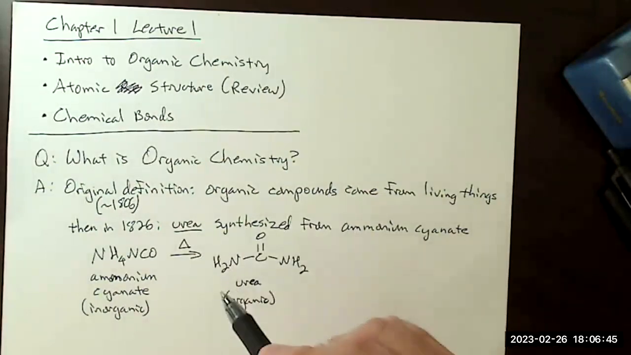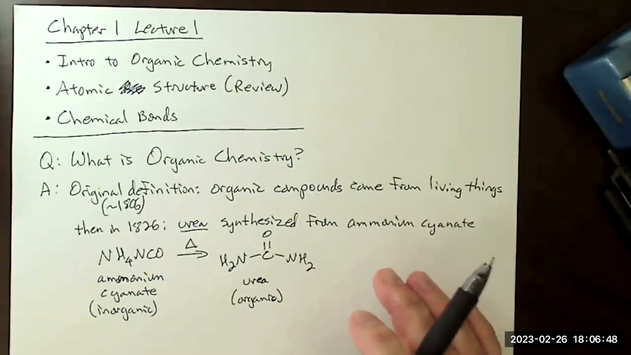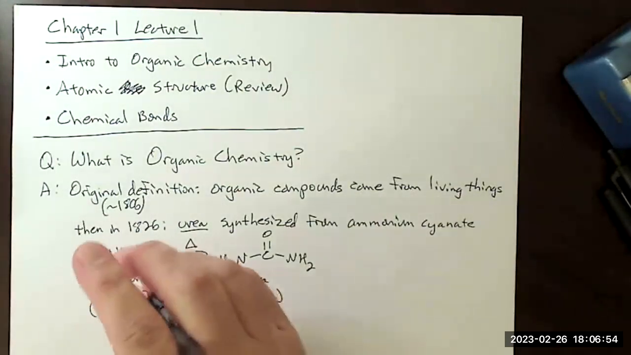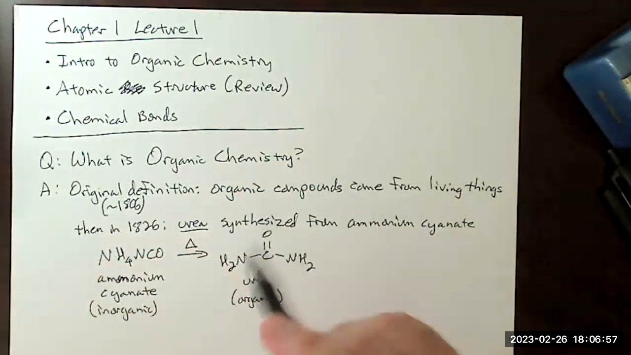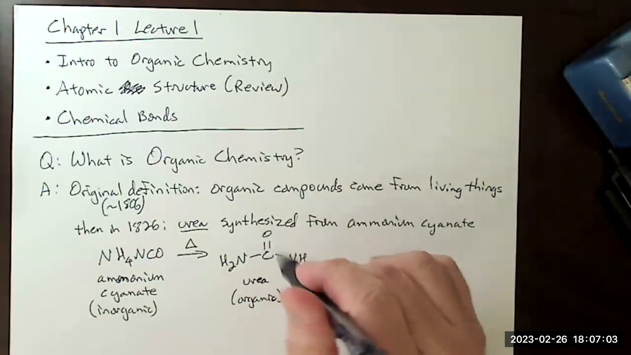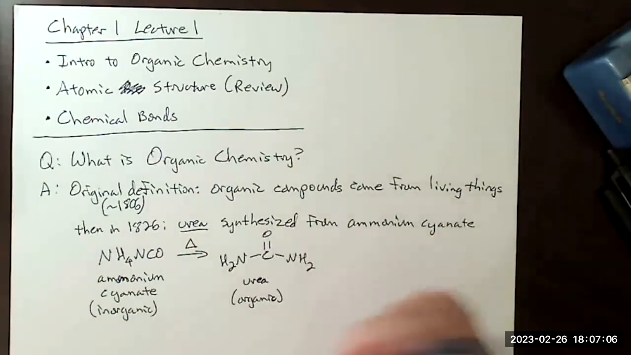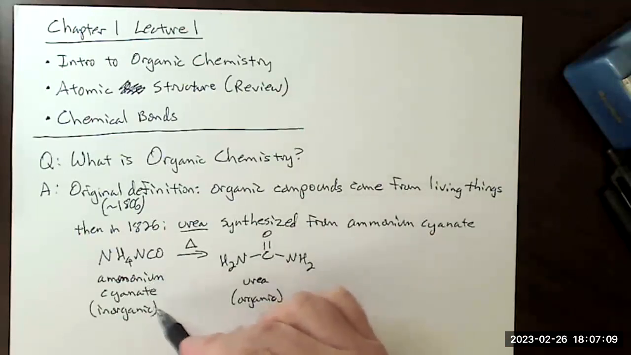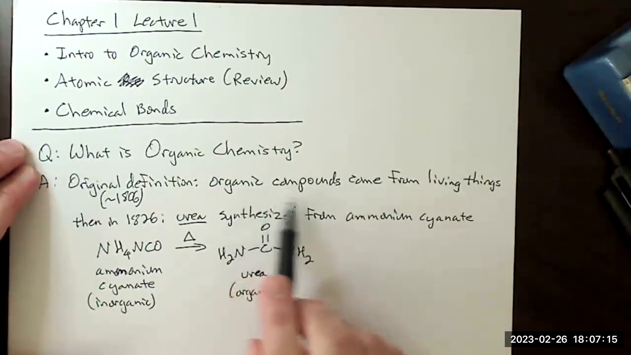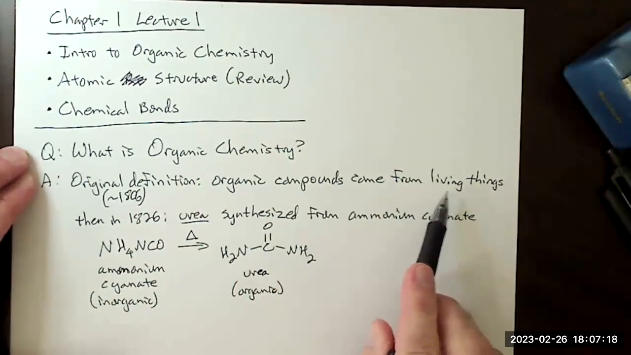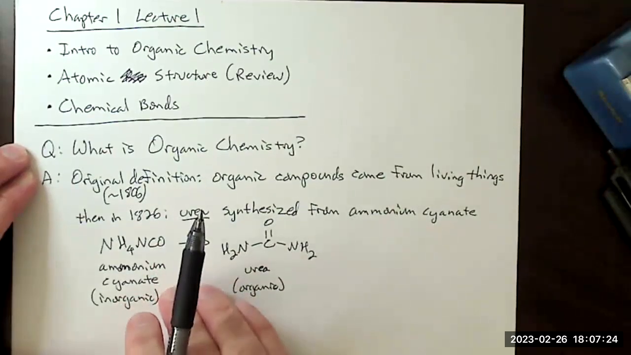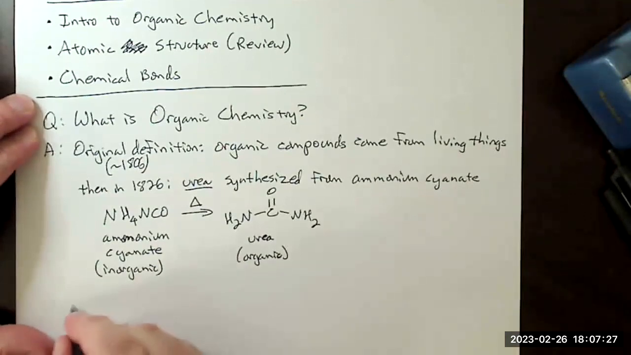Urea is an important biological molecule, and it's an intermediate in certain protein metabolism, the synthesis of amino acids. We call it the urea cycle. There's a part where urea plays a large role. It's excreted. Mammals excrete nitrogen in the form of urea in urine. Now, ammonium cyanate was inorganic, but urea is organic. So clearly this old definition, that organic compounds come from living things, doesn't work because we've made urea from something inorganic. So the modern definition